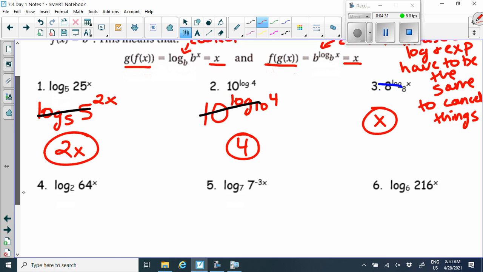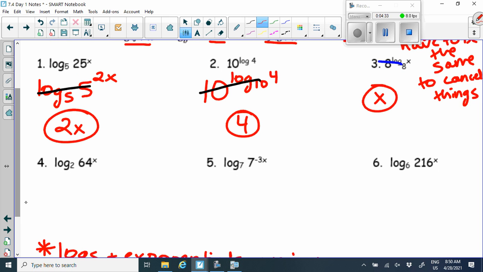Okay, let's see what you got. So we have log base 2 of 64 to the x. Now, is the base on my log and the base on the exponent exactly the same? No. So we need to do some manipulation so they are. So I'm going to have log base 2 of 2. Now I can't magically change 64 to 2. So to write an equivalent expression, 2 to what power gives us 64? Well, that's going to be 6. So 2 to the 6